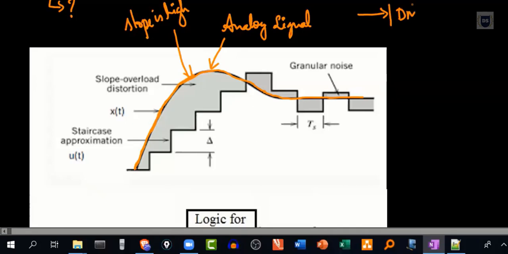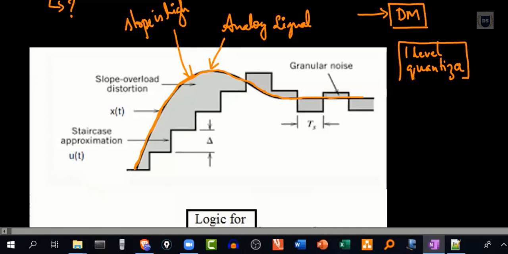And we all know that a delta modulator makes use of only a single level quantizer, meaning the delta size or the step size is constant over here. It can either increase this delta value by 1 or it can decrease this delta value by 1. That's it. That's the only flexibility provided in delta modulation.